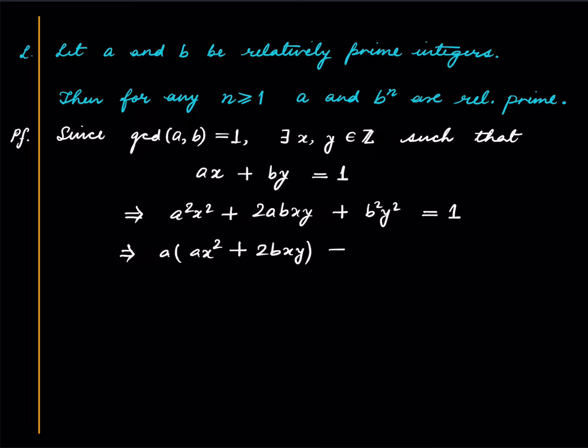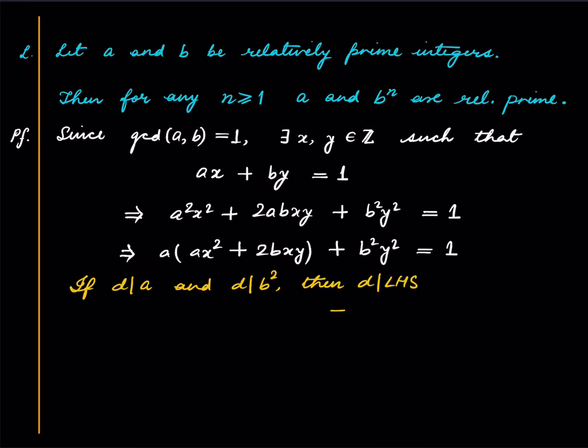A times that integer plus B squared times some other integer is 1. So if D is a common divisor, so if D divides A and D divides B squared, then D divides the LHS, which implies that D divides the RHS, which implies that D equals 1. Well, I'm taking a positive common divisor, so D is at least 1. So this shows that the GCD of A and B squared is 1, and for higher powers, you